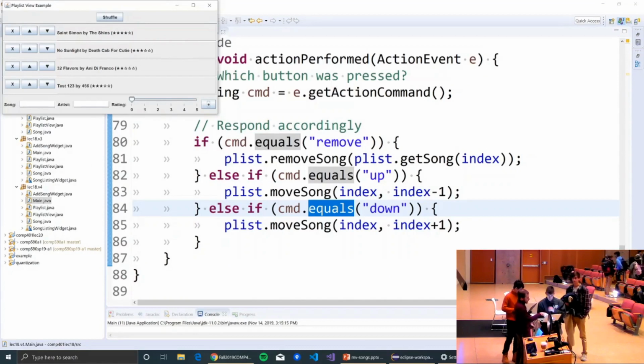So the add song widget is going to be a view component because it's UI. Honestly, we probably should have done add song view. I think that probably would have been more clear instead of add song widget. But anytime you see the extends JPanel, it means it's a user interface